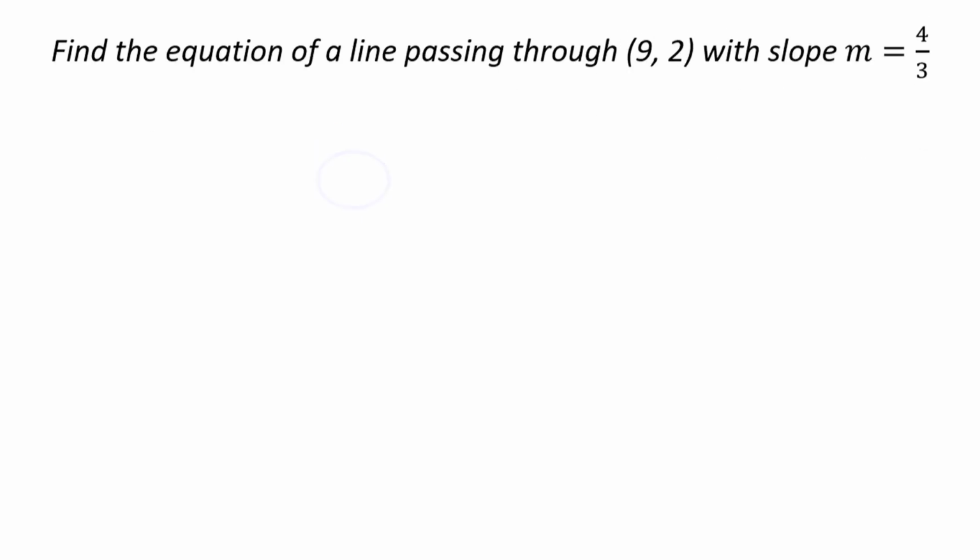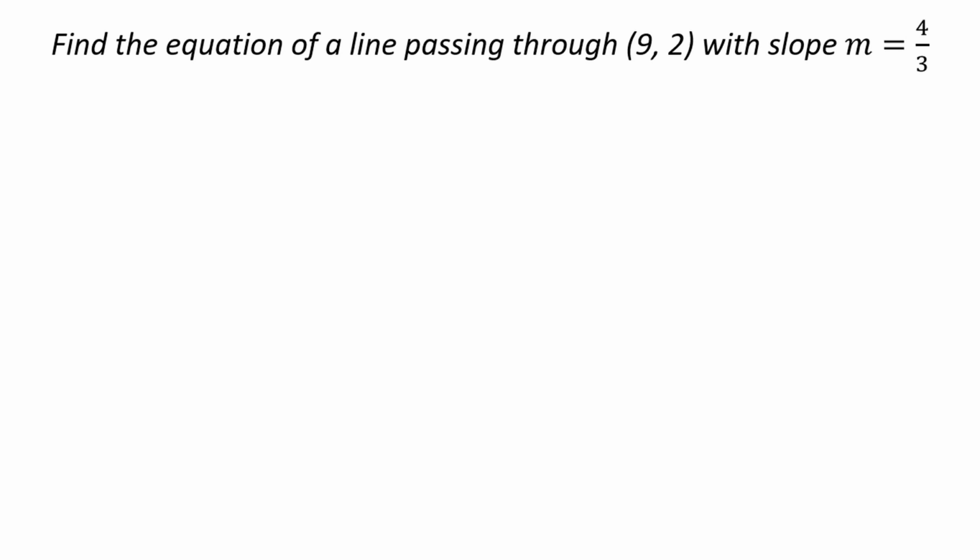One more way you might be asked to write the equation of a line is given a single point and a slope. Now, we could use the exact same process we did in the first problem once we have the slope as we do here. Our equation is y equals 4/3 x plus b, and we could plug in the point (9, 2) and solve for b. But there is another way that I want to show you, and that is with what is called